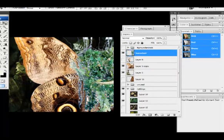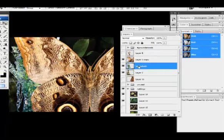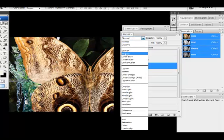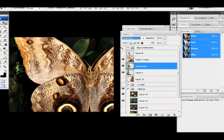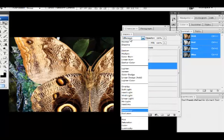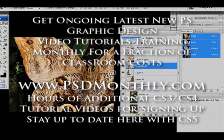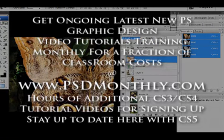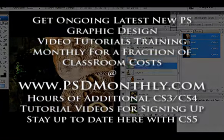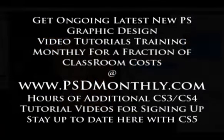Well, for now, why don't we use this, blend it into the background. So let's move it beneath our butterfly layer and just change the blend mode. Try to remember what it was. That was around multiply. Color bring. Okay. Alright, see how we've got that right there? If we hide the layer, we can see